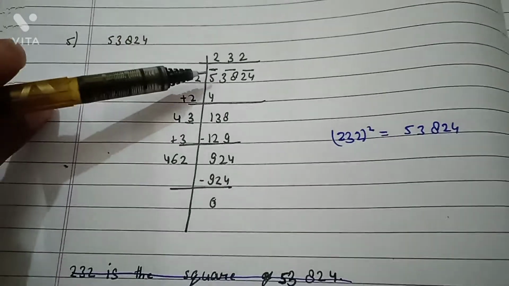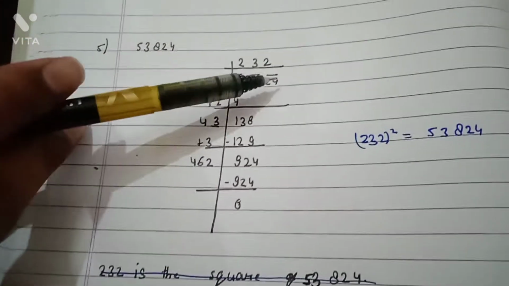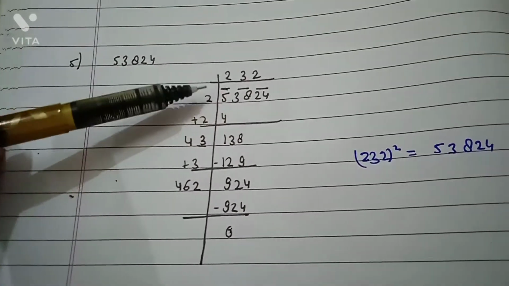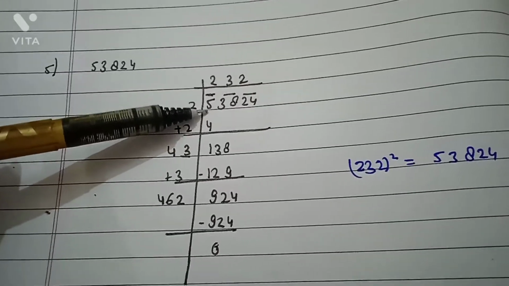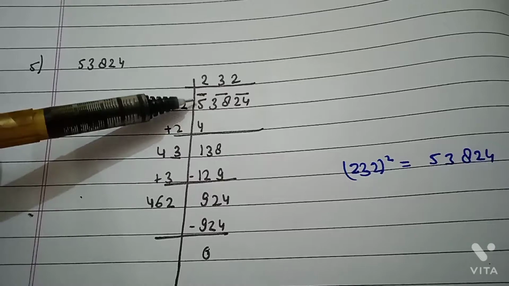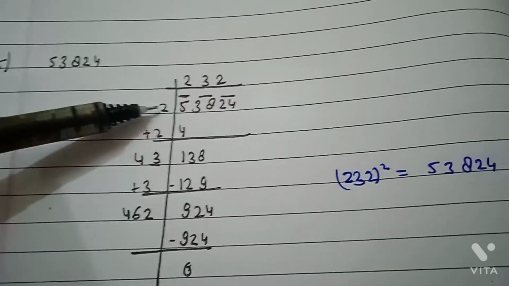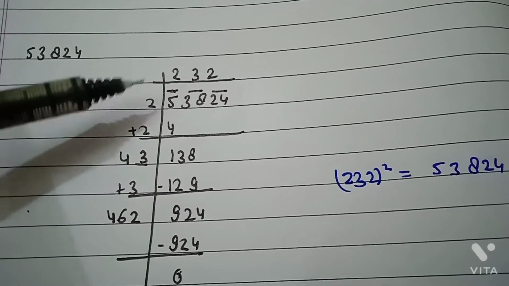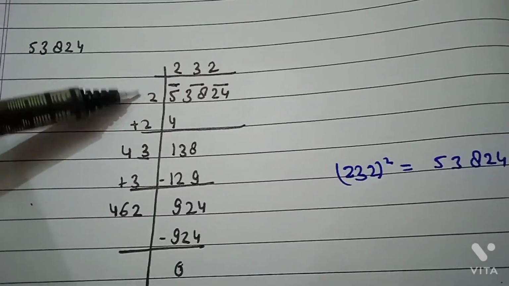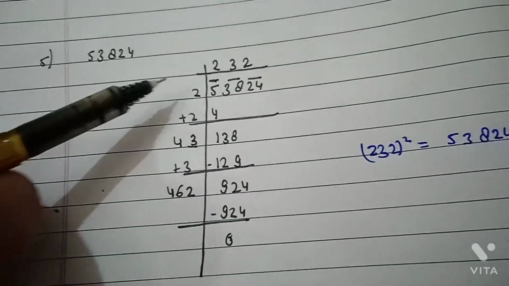So now we have taken here 53824. So 5 will be the smallest number whose square is less than 5. Taken 2, adding 2,